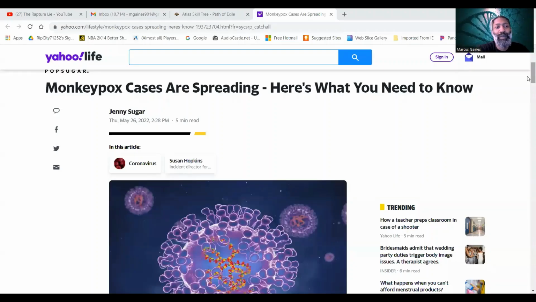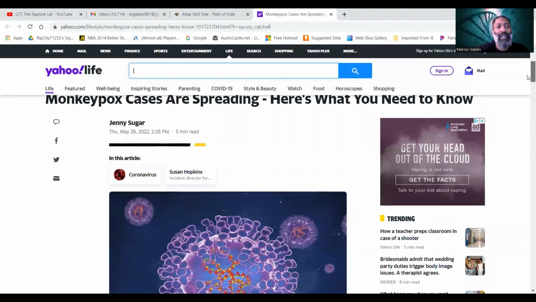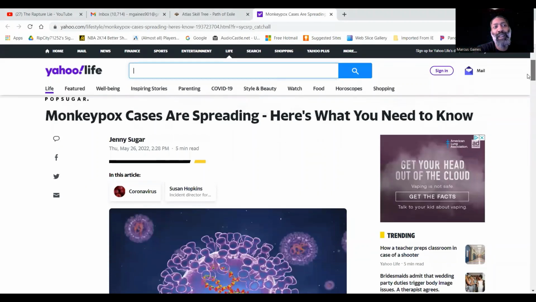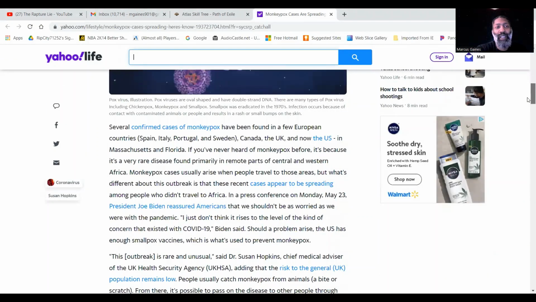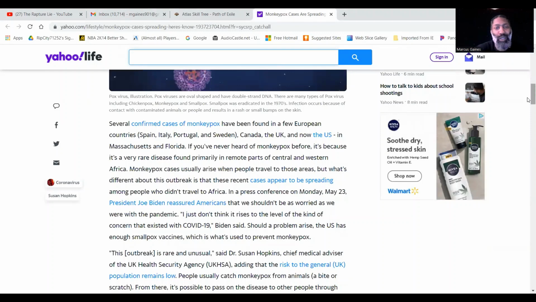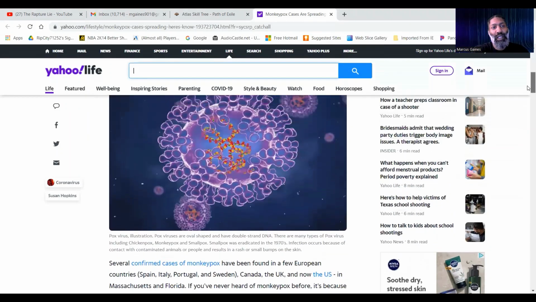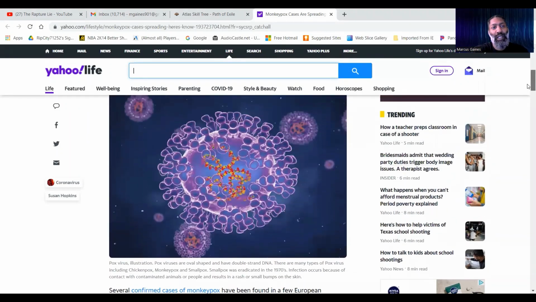So what I want to do is share my screen, and we're going to get a little background on it. As you see, the title of this article is "Monkeypox cases are spreading. Here's what you need to know." And I'm going to read this whole little article. It's not much at all, but I want to start with what you see here in the very middle,